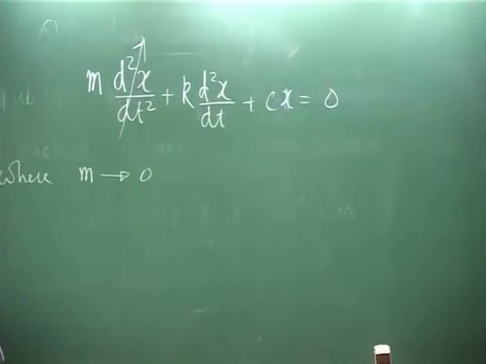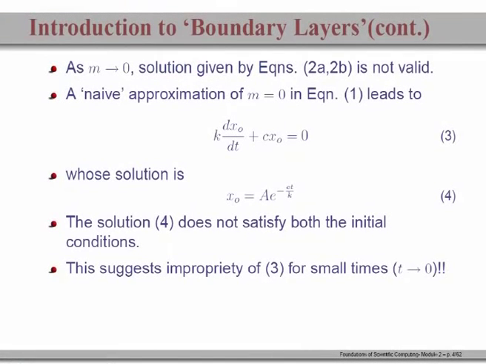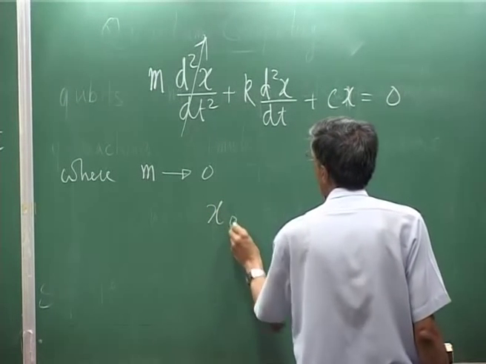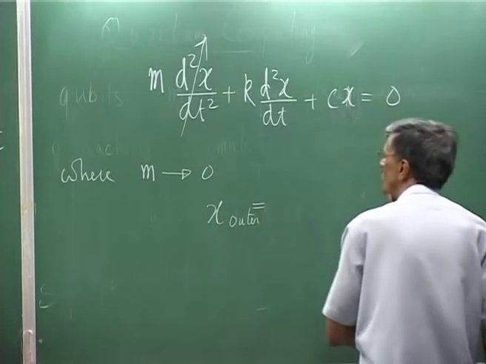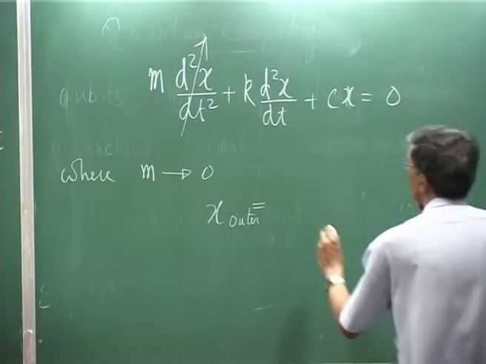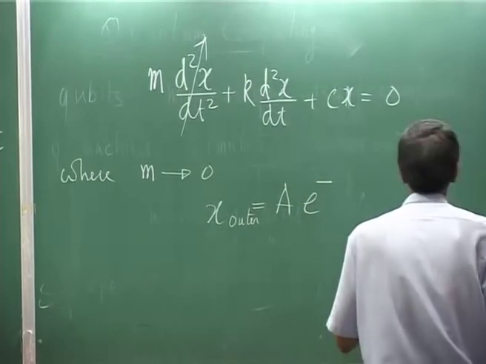Because that changes the order of the system, right? That changes the order of the system. What you notice is that it would immediately yield a solution, which I have purposely written with a subscript O, to imply something I will explain to you, and that would be